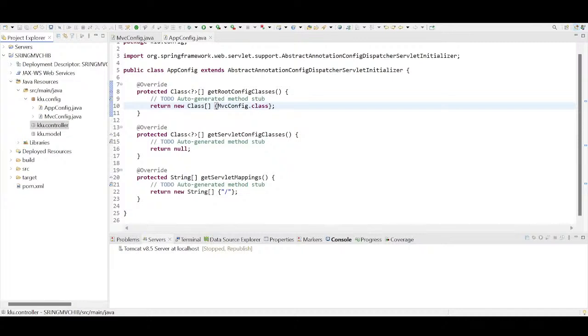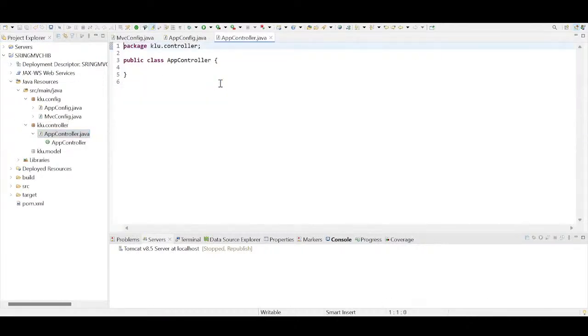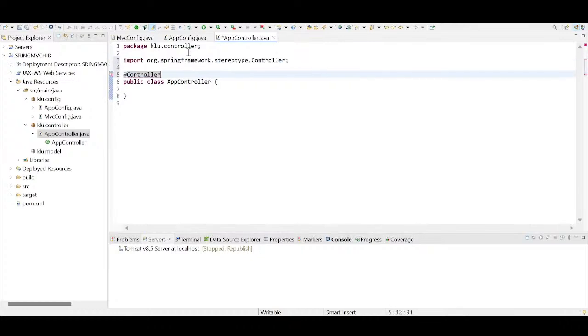So just create a controller in the package klu.controller to handle our front end views. Create a new Java class named app.controller in the package klu.controller. Once the class is created, we can convert this class into a controller class by adding the annotation @Controller. Then I'm going to set the root URL,